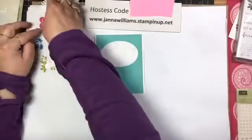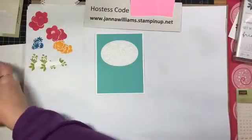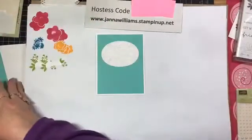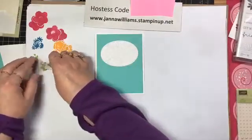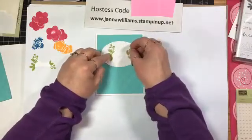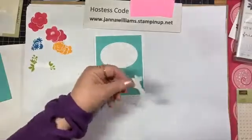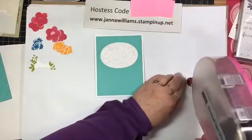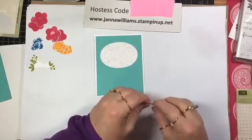Okay. So now I cut all this stuff out because I was going to make a sample. So I have enough to make 2 cards here. Oh, so I'm going to start with this. I'm just trying to decide what things I want to pop up. And I don't think I'm going to pop that up because I'm going to pop up